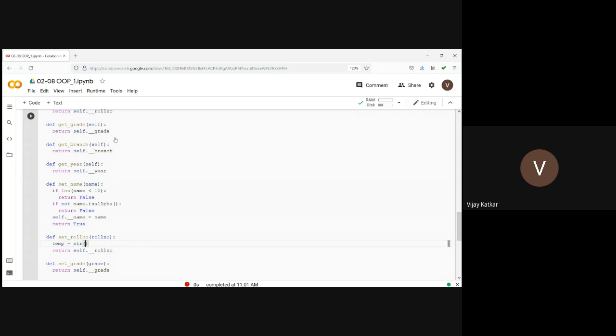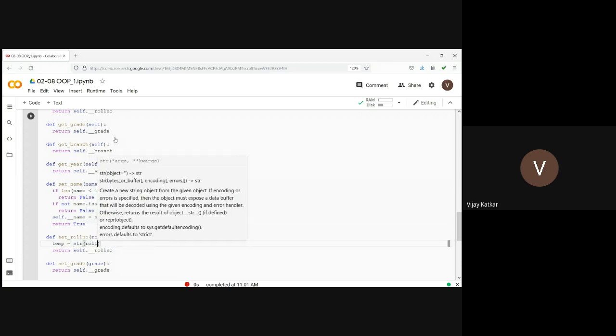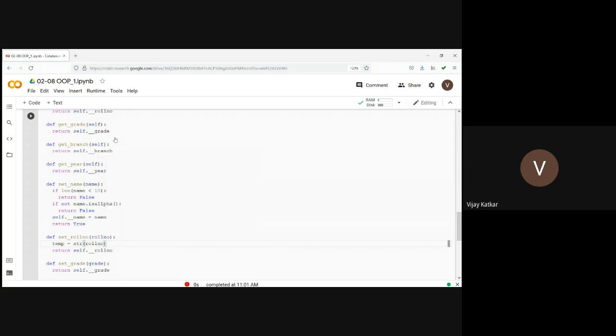I'm converting roll number into string just to check whether the length is 7 digits or not. Then if length of this temp is not equal to 7, it should be exactly 7, no? If it is not equal to 7, then we will return false.